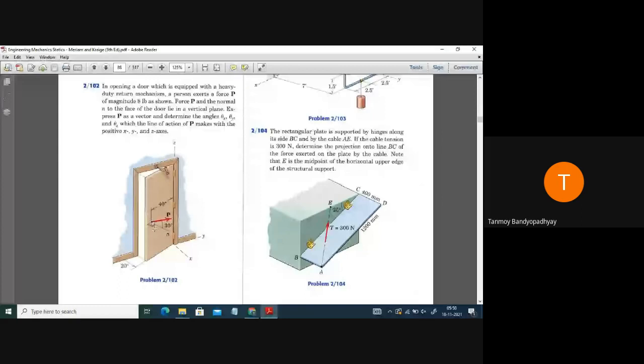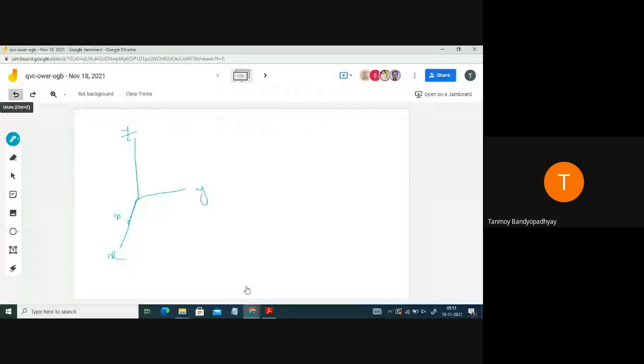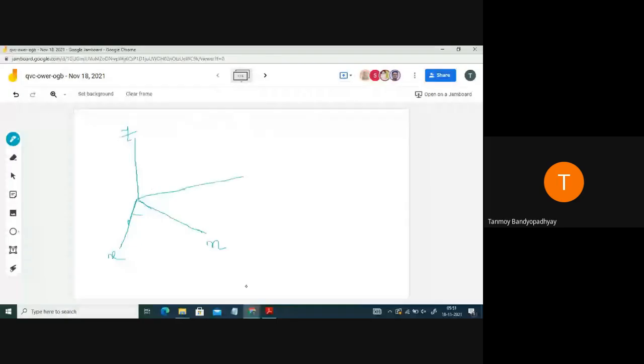Clear? Now what is happening is you are rotating the door, now 20 degree. Once you rotate the door by 20 degree, this n gets rotated 20 degree. So each n vector touches, and this gets rotated by 20 degree. So now n is here. Clear? This is actually 20 degree. Initially the door closed position is where x and n coincided. Now x remains at its position. So x and z are fixed frame of reference.